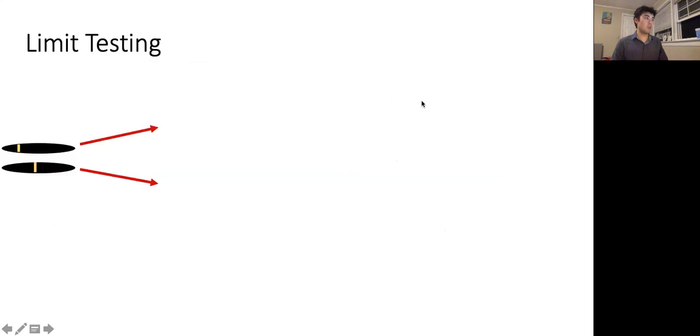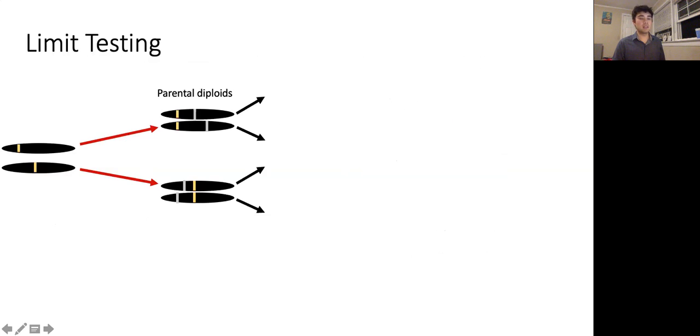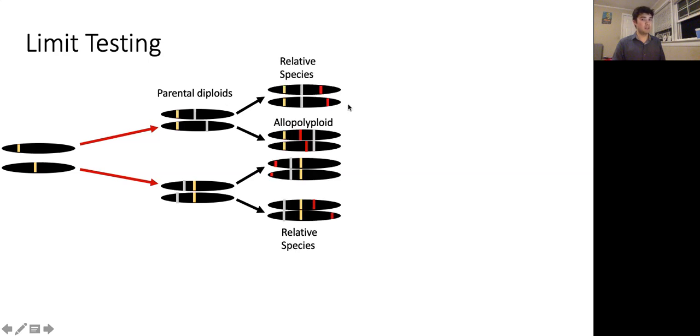So another important element of the simulation that is under our control is that we control the amount of divergence after each split by modifying the mutation rate in the simulation. So you notice how these bars look a little longer. In this instance, we allowed for a large amount of evolutionary time, which corresponds to a large amount of divergence between the parental diploids. This ensures that the parental diploids aren't too closely related, and thus it is easier to